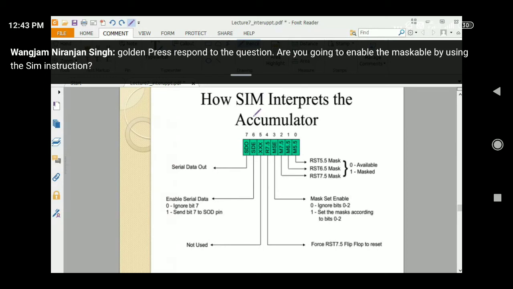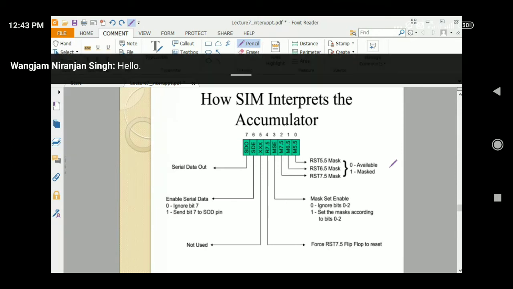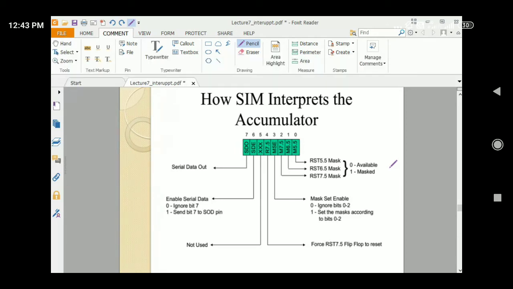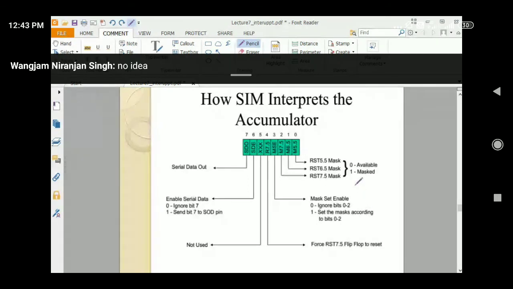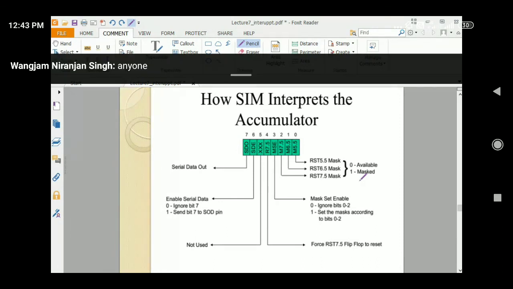Yes, say something, no, say something, anything. Hello. No idea. Anyone? Aditya, Tanma Roy, Prakash Nath, Ankur.